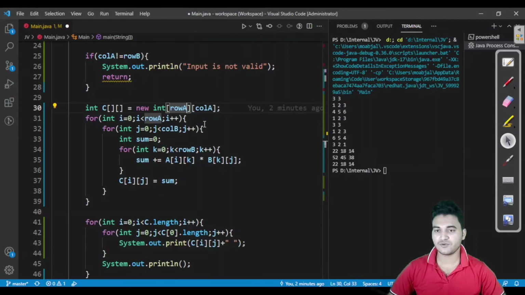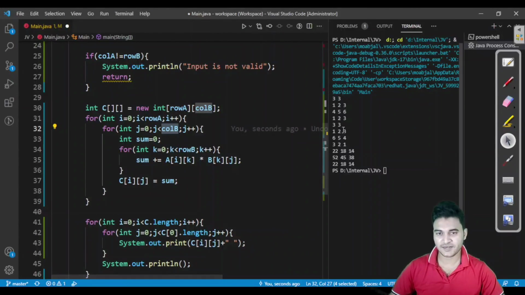So here also you need to make changes, which is the resultant matrix would be row size of A and column size of B. Fine. So if you are calculating the result for these matrices, then you need to make some quick changes, not that much. I want you to do it on your own if we have different sizes, but I am just explaining to you. We have to run this loop till column size of B. This is perfectly fine because we are iterating over the result, which is row size of this one and column size of this one.